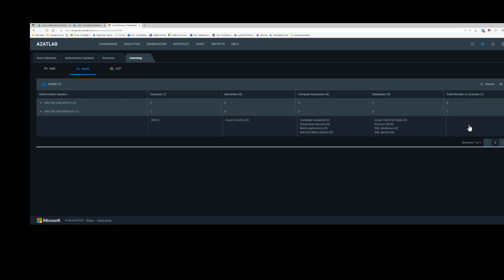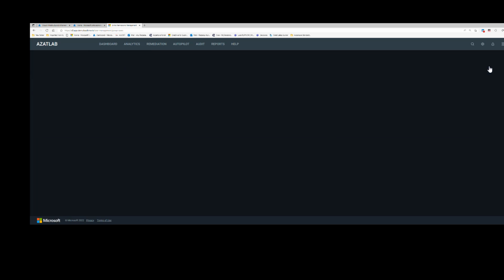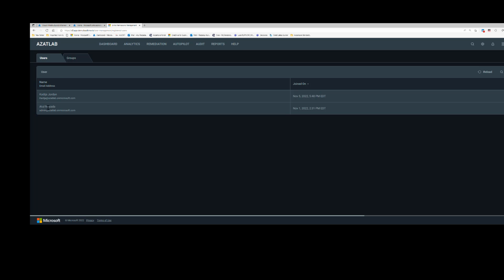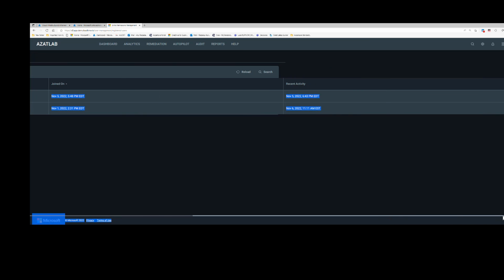Since we have understood this part of our configuration, there's one more thing we need to understand: user management. If you go here and click here, you will find user management. Let's go to the users. Because I'm logged in as this ID, which has global admin privileges, this is the account that provisions Microsoft Entra Permissions Management. So it has all the rights. You will see it has approver, requester, all the possible rights. If I show you here,